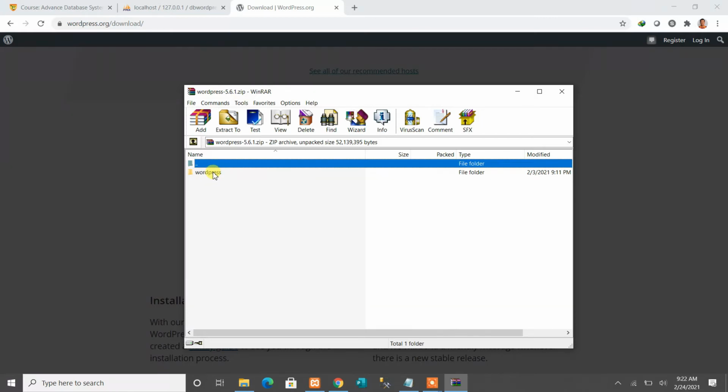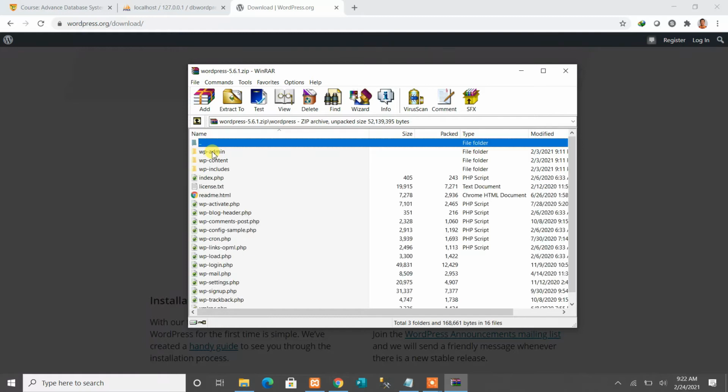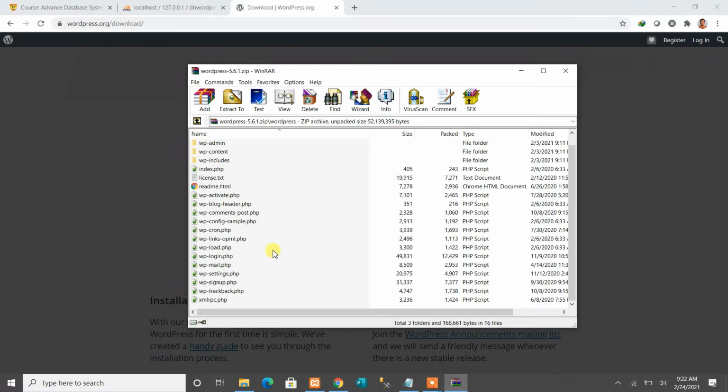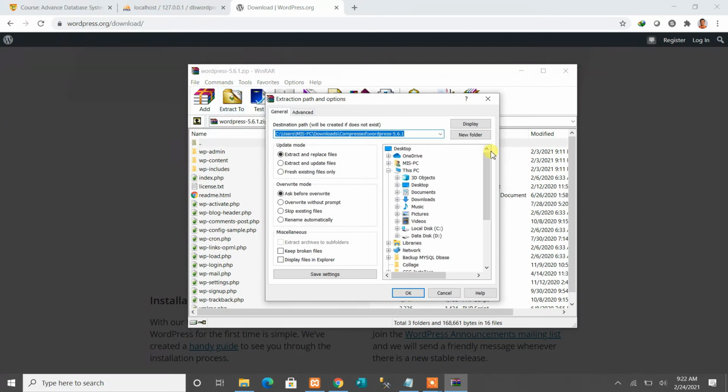extract the content of this WordPress zip file into our root directory. So you just simply extract this. Extract lang natin yung laman. Okay, all of this, no? Lahat ng laman nito ay i-extract natin doon sa root directory ng XAMPP natin, which is, nasabi ko na to before, we'll just simply